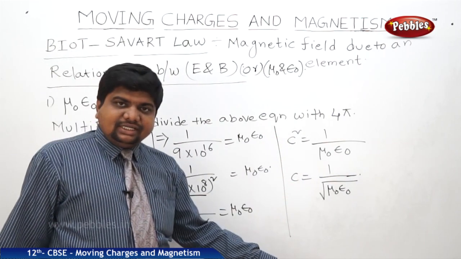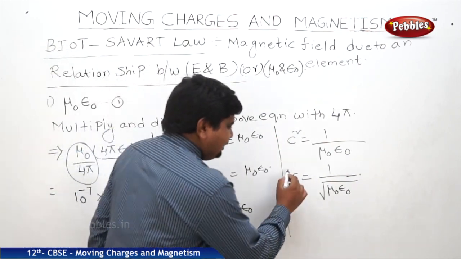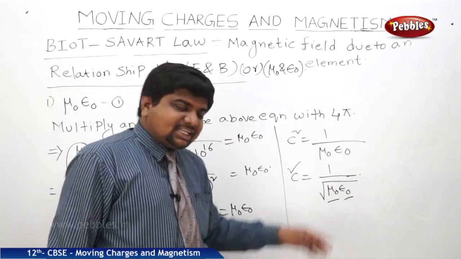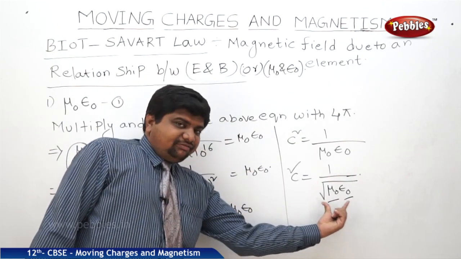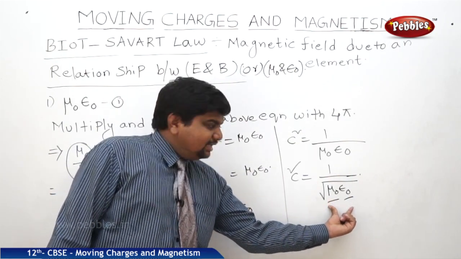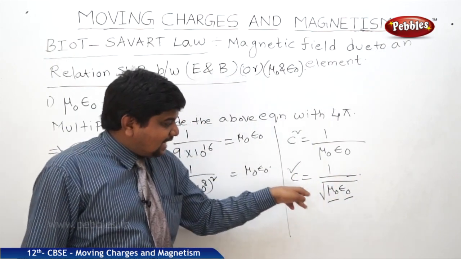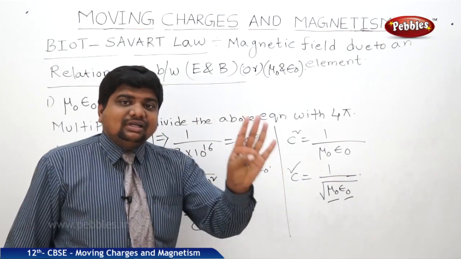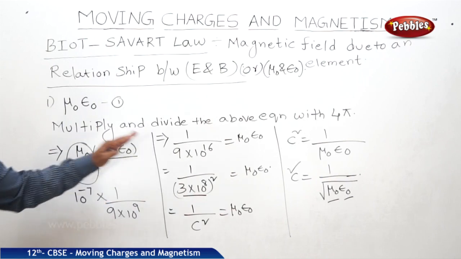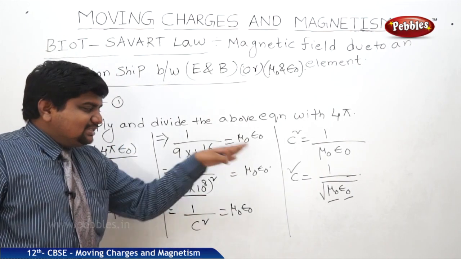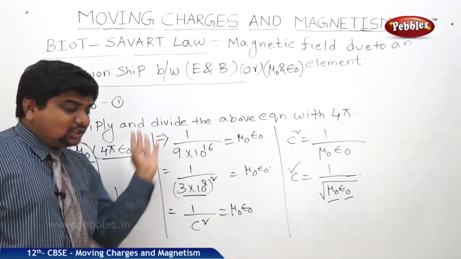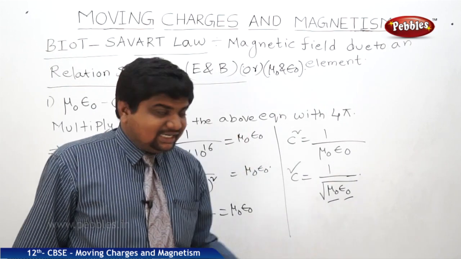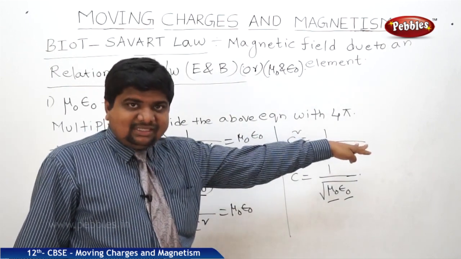This is a very, very important expression which relates the speed of light to the permeability and permittivity of the different media. So from this expression we can say that the electromagnetic wave, which is generated due to the combination of electric and magnetic fields, will travel with the speed of light. So speed of electromagnetic wave C is equal to the speed of light. This is the way to prove. This is a very, very important prediction made by Maxwell, Faraday, Lenz. Concluding, they got this relation, and this relation is helpful in the transmission of electromagnetic waves, which is in the upcoming chapters.